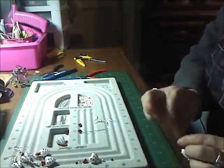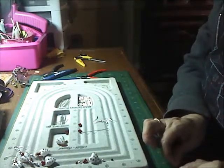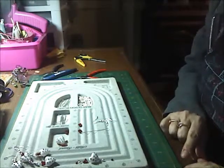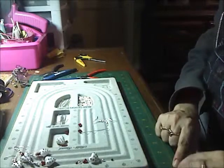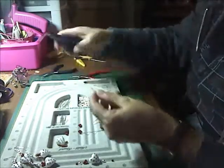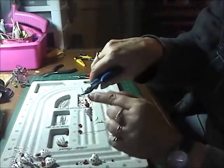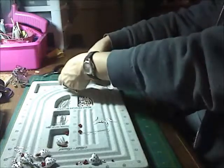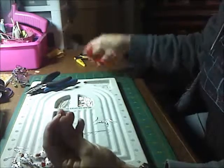Now what I like to do is I measure the distance on my craft mat. I measure about, I guess we'll say about 3/8 of an inch. You want to use your nipper to trim this head pin about 3/8 of an inch above your last bead, or your first bead, I guess. Then you're going to take your chain nose pliers, and right above the top bead, you're going to make a 90-degree bend. Then you're going to take your round nose pliers, gripping it just as far to the edge as you can,